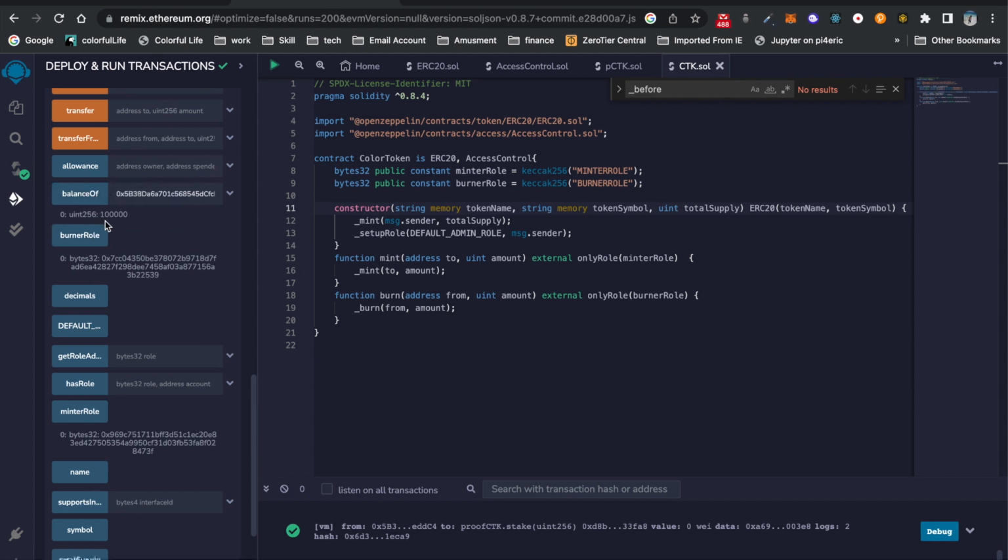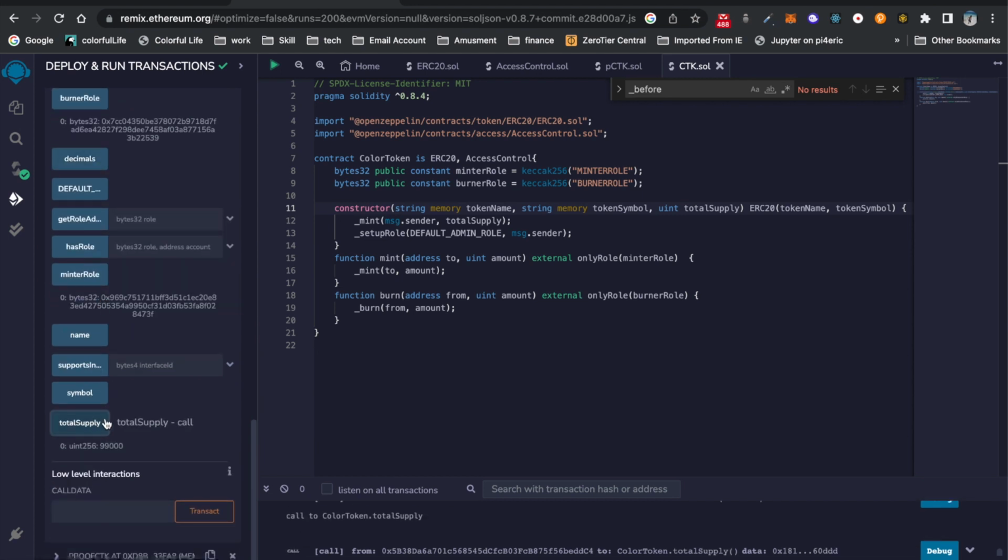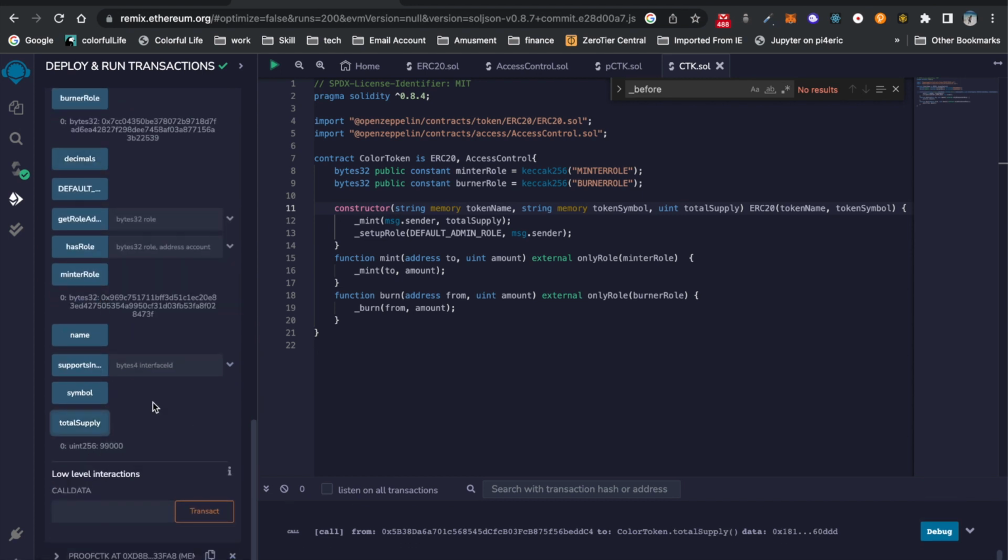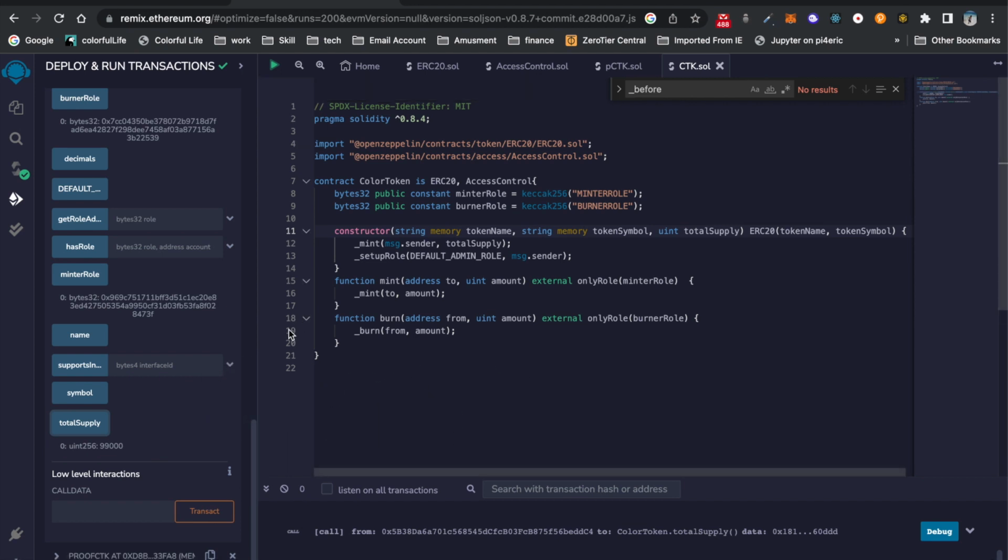Before, the balance was 100,000, and then I checked it again, it's 99,000, and it means I just staked 1,000, and then it will burn, right? It burned, right? So remember that, and it turns to 99,000. So it's pretty good. We did everything in Remix,